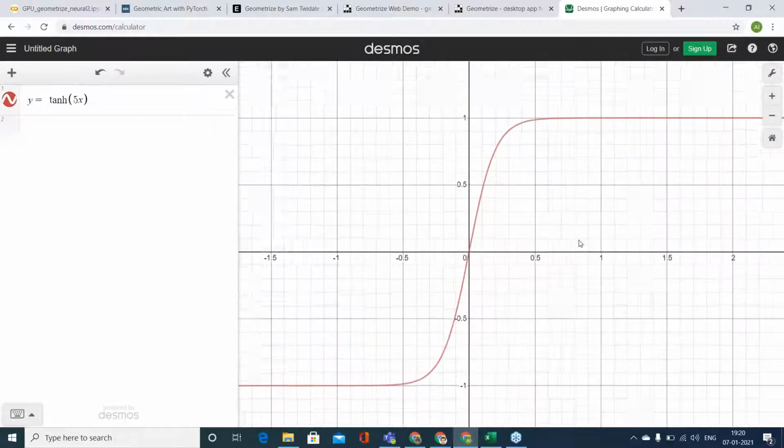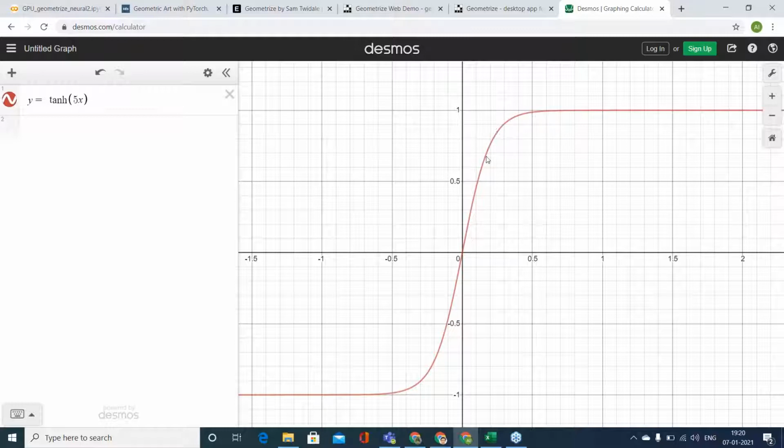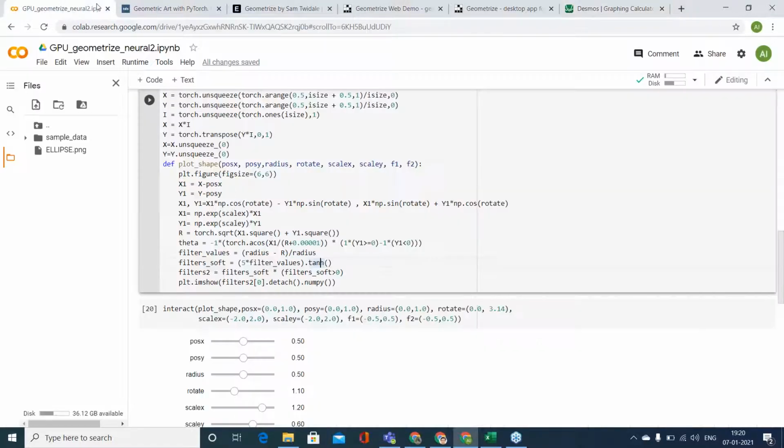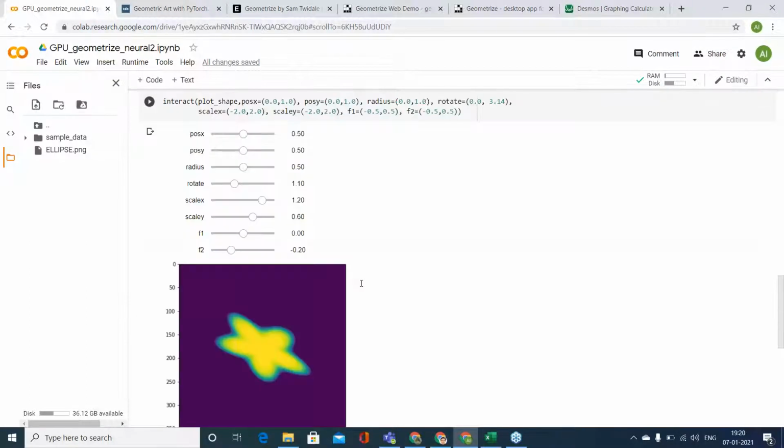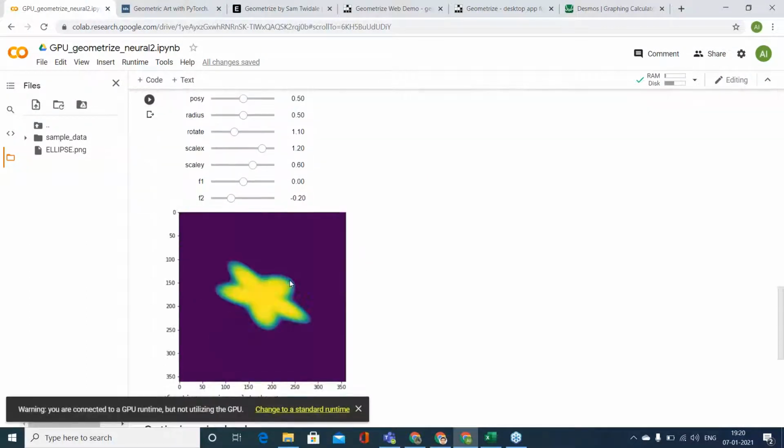And this transition is happening, this gradient is present, just between 0.2 and 0.3 you can say. Otherwise the curve is flat, so there is no gradient here. The gradient is present just here. So in the shape that we're seeing here, this transition, this blue color, is just in the outer 20-30%.